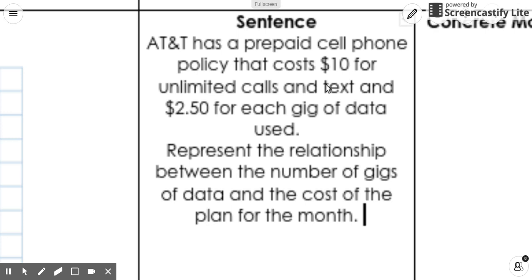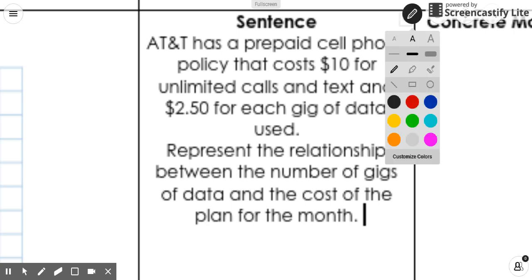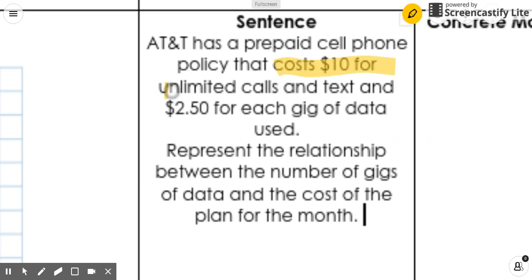So this problem says AT&T has a prepaid cell phone policy that costs $10 for unlimited calls and texts and $2.50 for each gig of data used. So our job is to represent the relationship between the number of gigs of data and the cost of the plan for the month. So the first thing that we should do is highlight the important information. So I can see that it costs $10 for unlimited calls and texts, and it's $2.50 for each gig